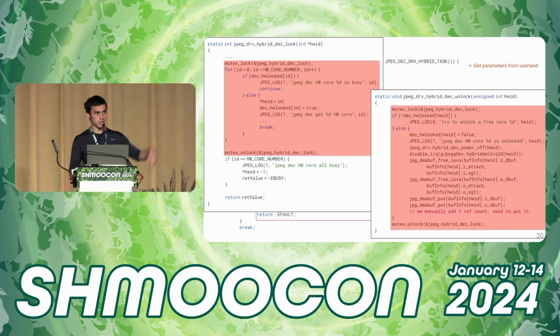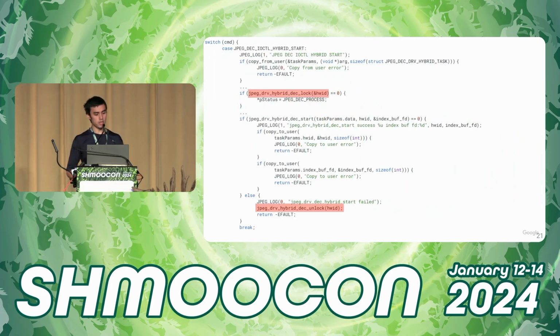And once again, I've noted that these are mutexed. That is, these functions have been designed so they can't race with each other, which is nice, but really it's only the blocks in red that are protected. Nothing else is protected except for these blocks. Any of the other parts of these ioctls can run simultaneously.